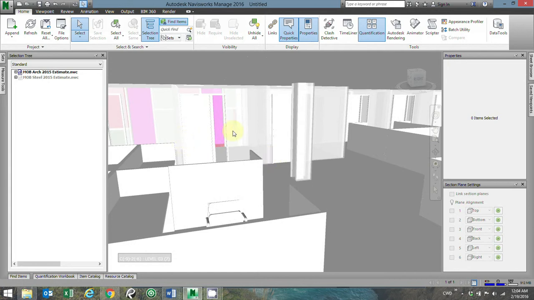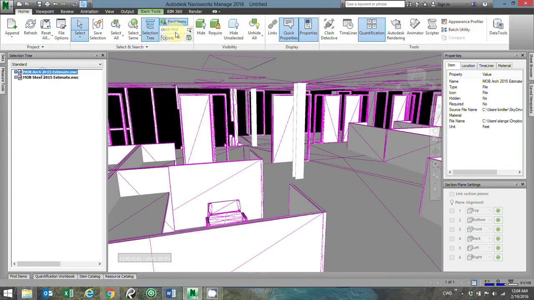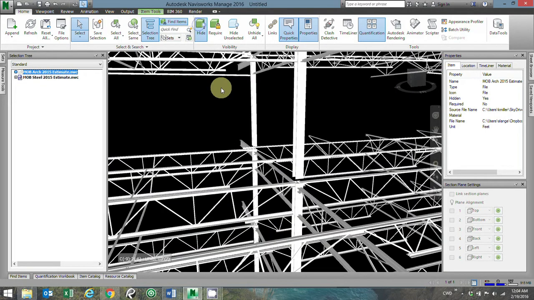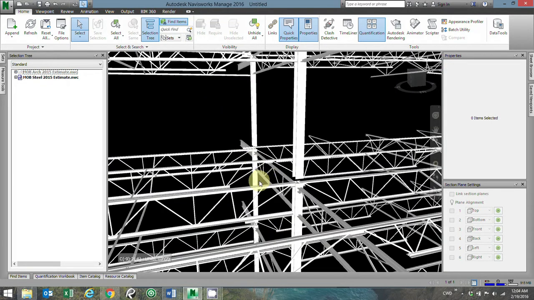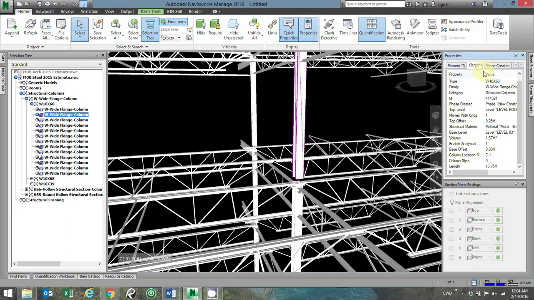So we're going to go into the steel model, and I'm going to unhide the steel, and hide the architectural model. So I'm going to click on one of these columns. This is a wide flange column, and if I come over to my properties tab and I find the element, which has a lot of the quantification information,